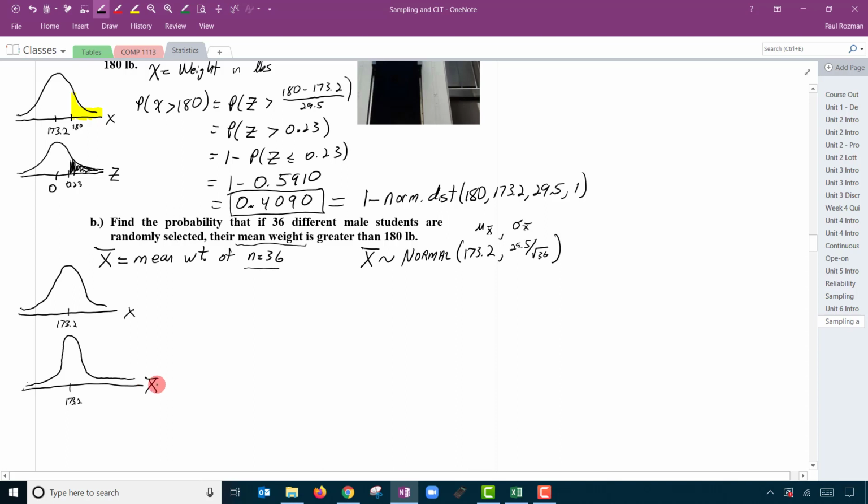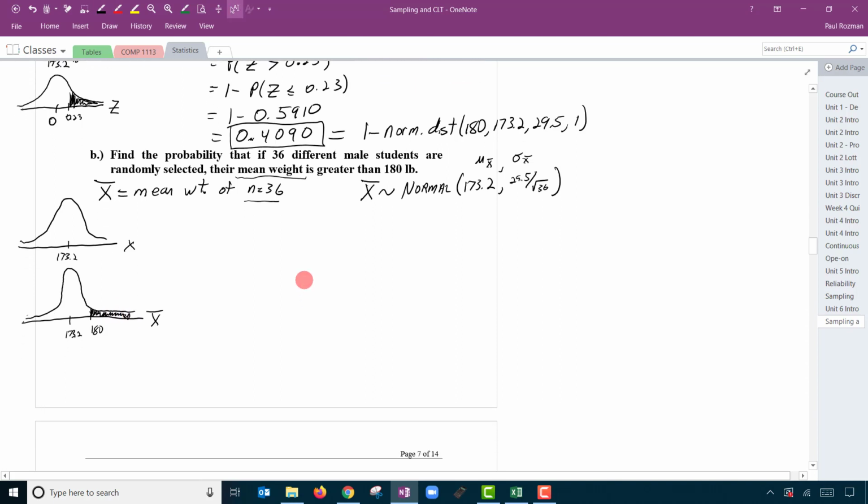Because we know that the standard deviation is smaller for the means. So here's 180, and I'm looking for this area to the right. And then we'll convert that to a z-score and figure out what that is. What z-score goes with 180, and then we'll calculate that area. So to write this out, we want the probability that the mean is greater than 180,